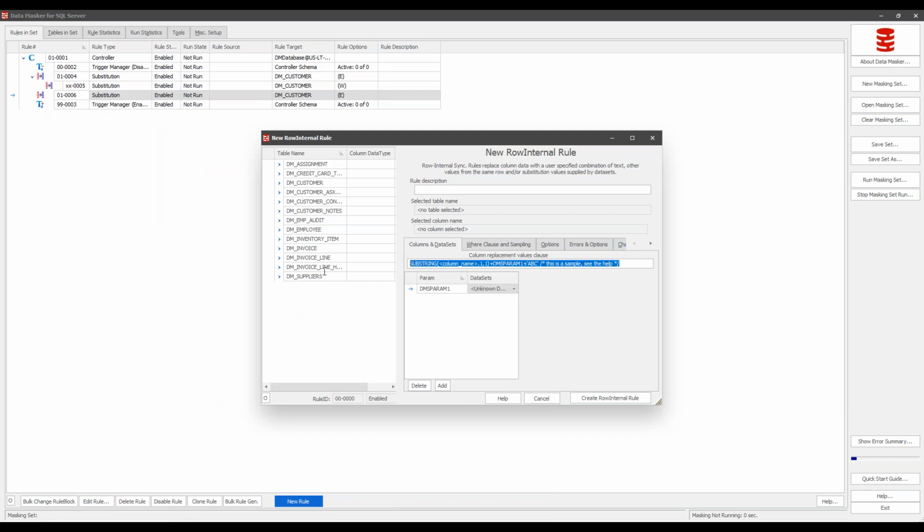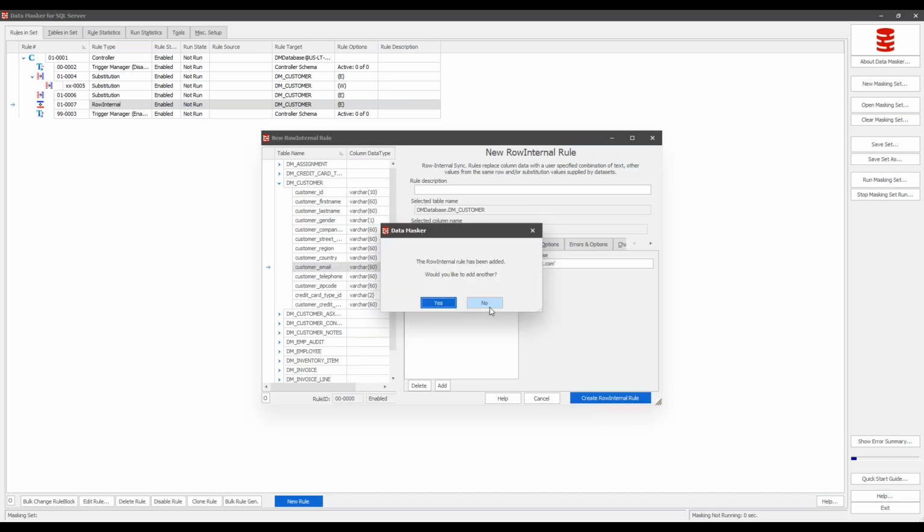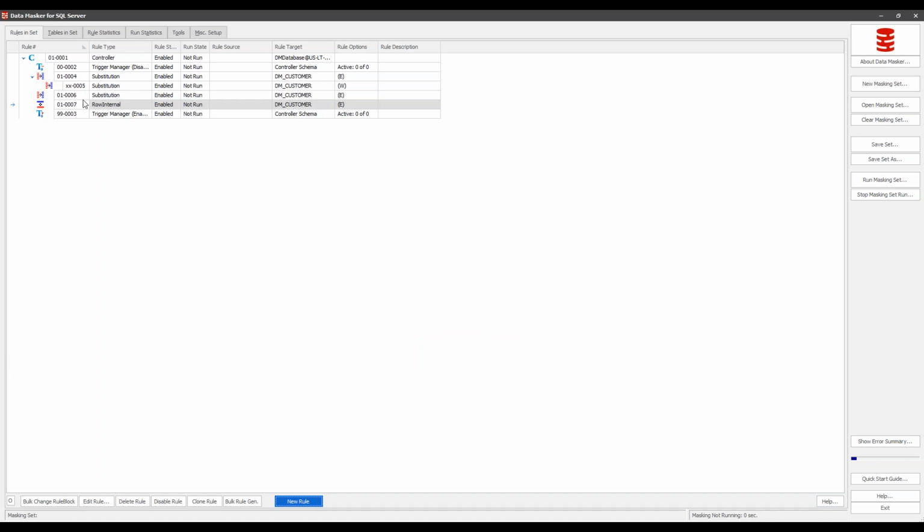So I'm going to do that here, provide the SQL for it. And this is going to be used for the email column. So let's go ahead and select the email column. And that's it. That's how we want to take care of the email address here. Go ahead and create that rule. And email is obviously another rule here that relies on the first and last name, right? So we have to wait for first and last name to be generated before we can then